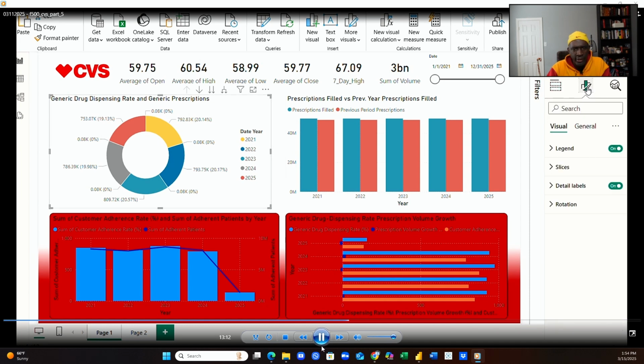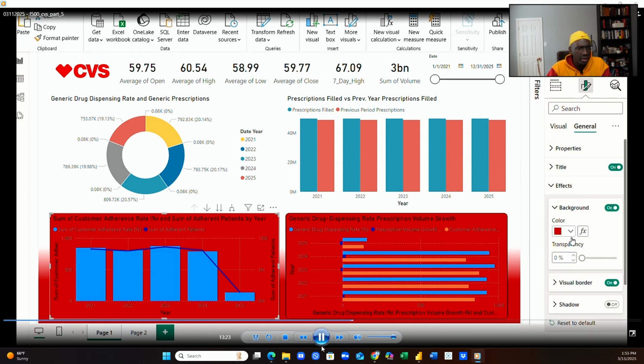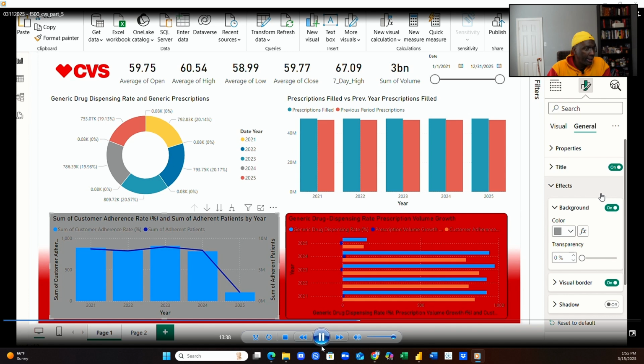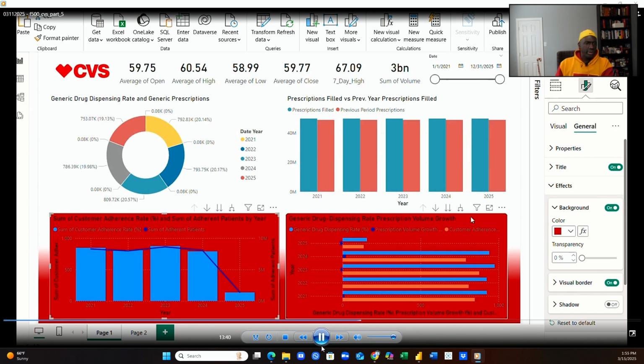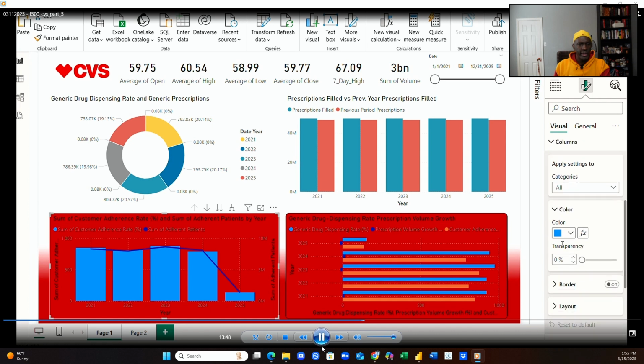Over to format, and now we're going to look at the combo of the line clustered column chart. We want to make the color schemes for the lines on the clustered column match the lines that we're using, to be consistent throughout the report, and just kind of testing to see if we want to use a gray background, or keep the red background, if we want to change the column colors, which we